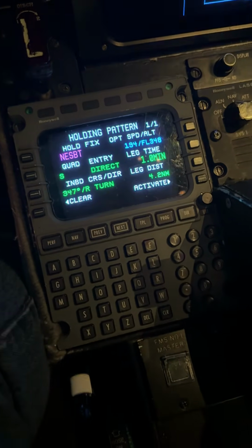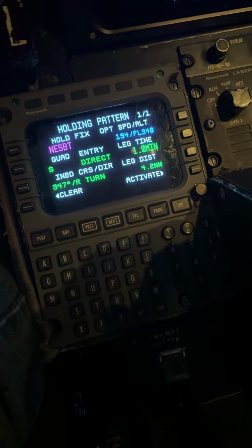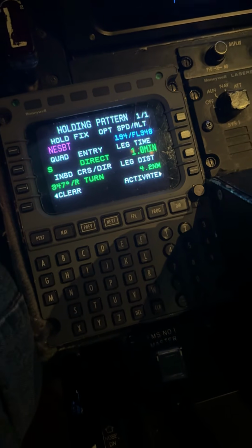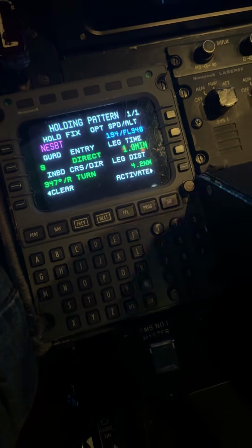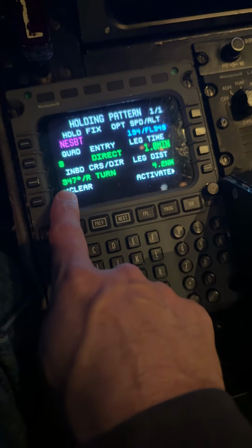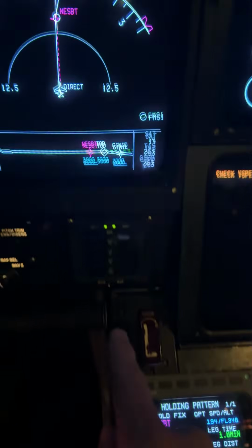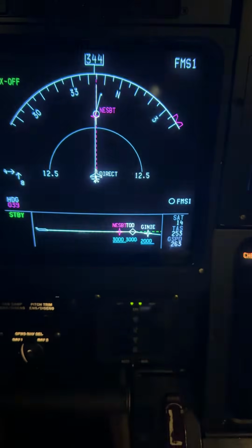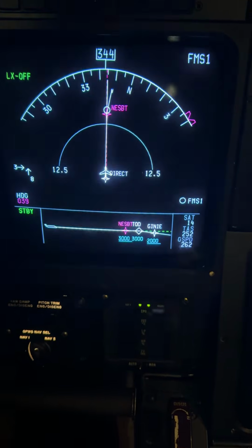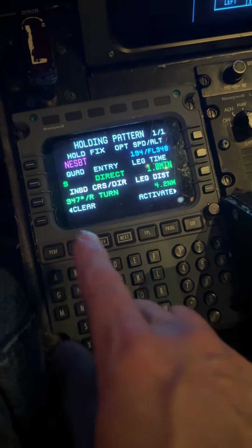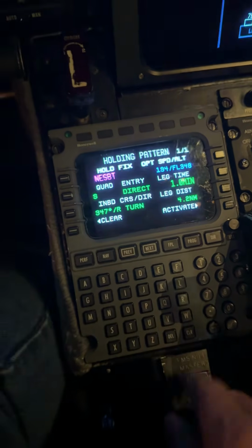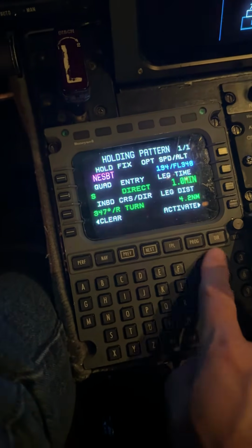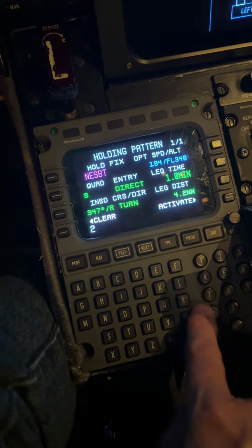Let's say ATC wanted us to hold on the 090 radial with left turns. Well, 090 radial, that means the inbound course would be 270. If we look up here, there's Nesbitt. We want to put a hold over that waypoint, and we want to hold on the 090 radial. So our inbound course would be what? It'd be 270. So we're going to enter 270